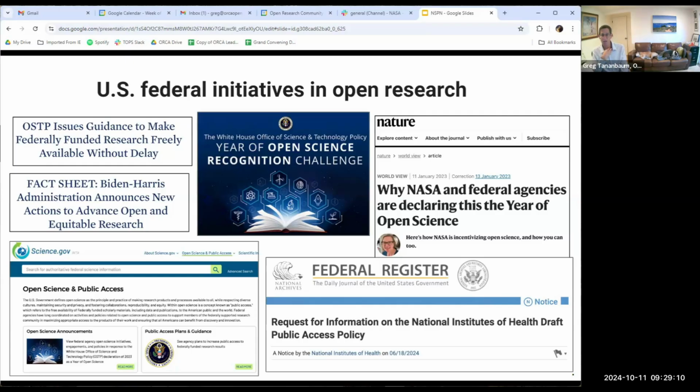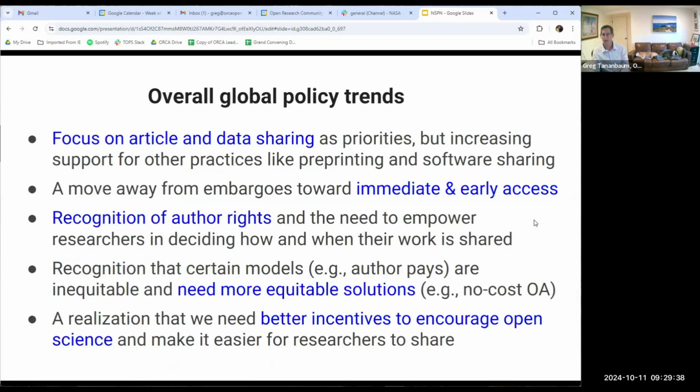We need this work to be available to all, and some of that is about replication, right? You run a study and you make a claim. Others should be able to test that, right? That leads to the question of scientific efficiency: if we can test the stuff and replicate it and identify positive directions versus dead ends, we're going to accelerate the pace of discovery, right? And so when we think about policymaking, that's part of this challenge as well.